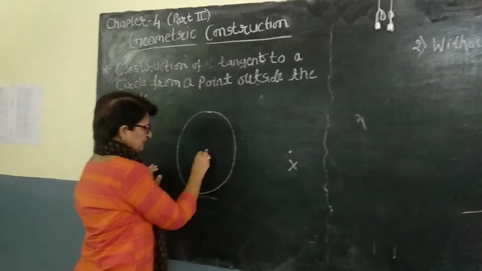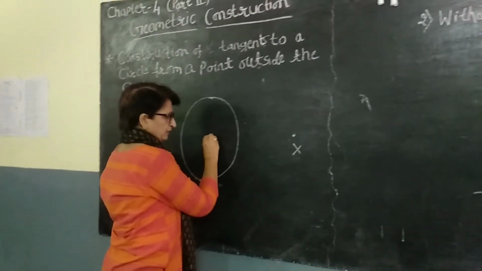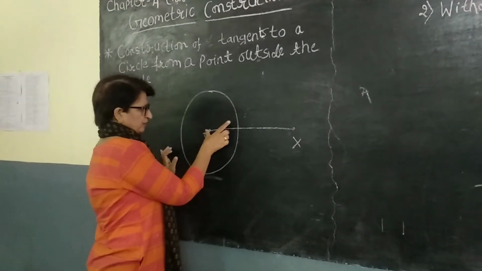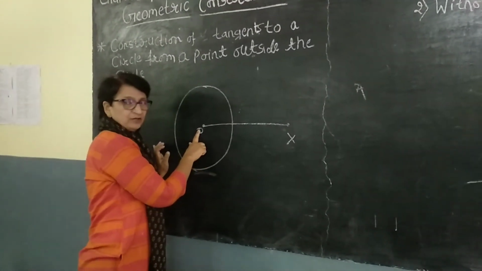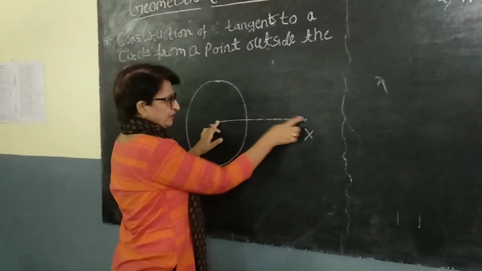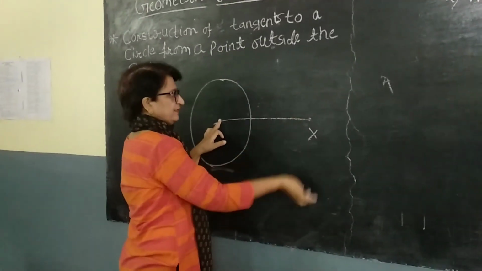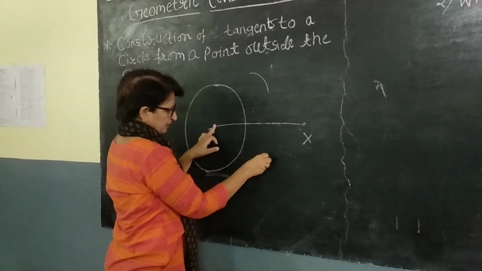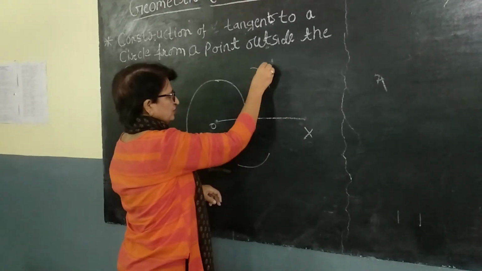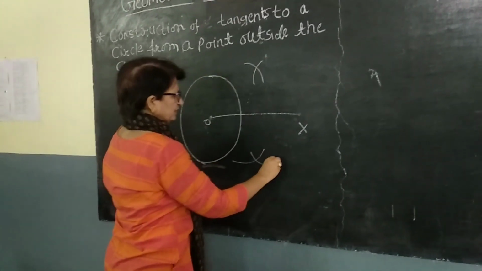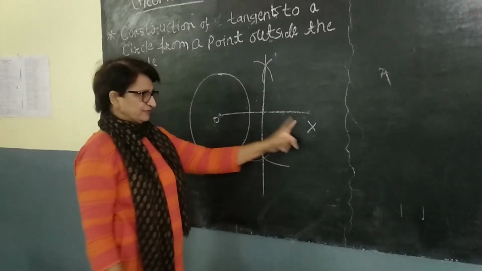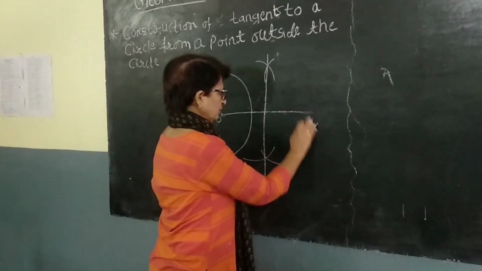What we are going to do, this is the center O. Okay? Then join OX. After joining OX, construct a perpendicular bisector of OX. How I taught you to construct a perpendicular bisector? With center O and more than half the distance of OX, draw an arc here from point O and then here. Then again keeping the compass point here and the same distance, draw out here, draw out here. You have to draw a perpendicular bisector of this line OX, meaning it is going to divide the line into two parts.